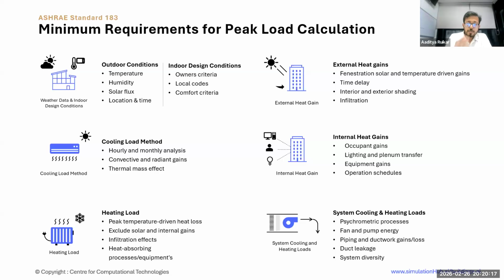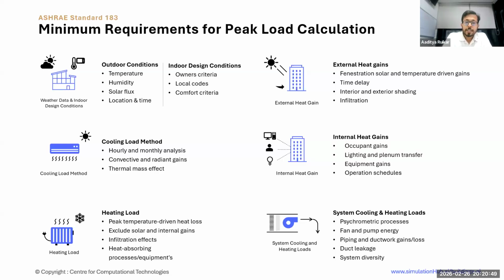But the peak can come at any hour of the year, based on your orientation, your zone direction, or the operating schedules of your building. So hourly simulation should be done. Then convective and radiant gains should be considered.